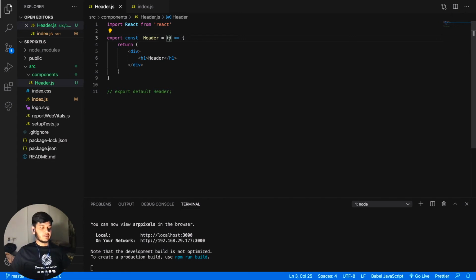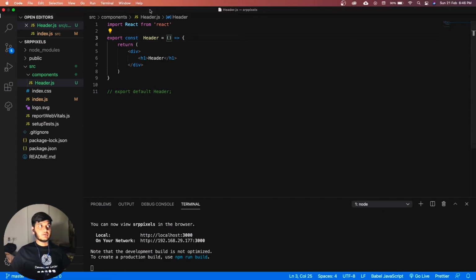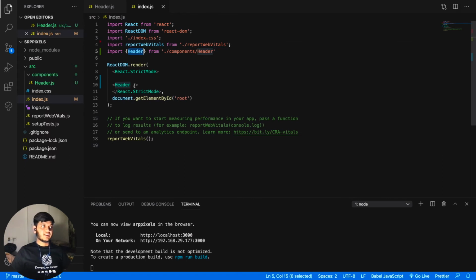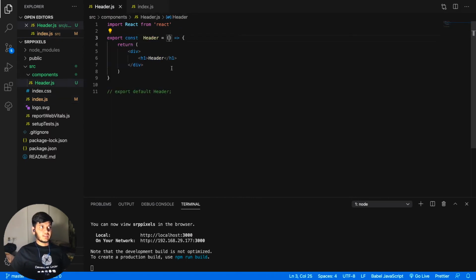It is a generic term. You can pass a lot of data into the props and you can just access it. Let's see how we can do that. First of all, here we have to mention the props keyword.